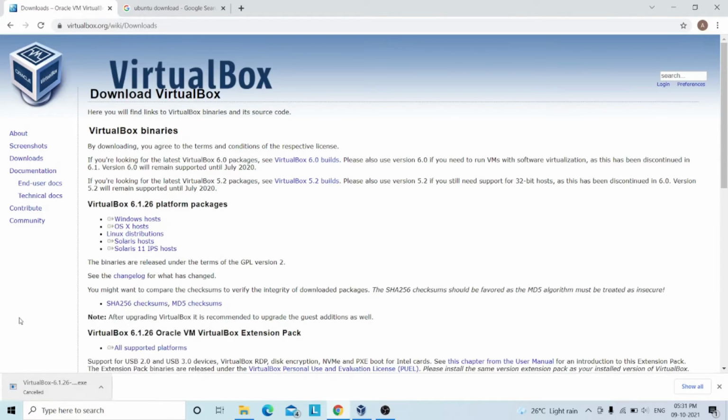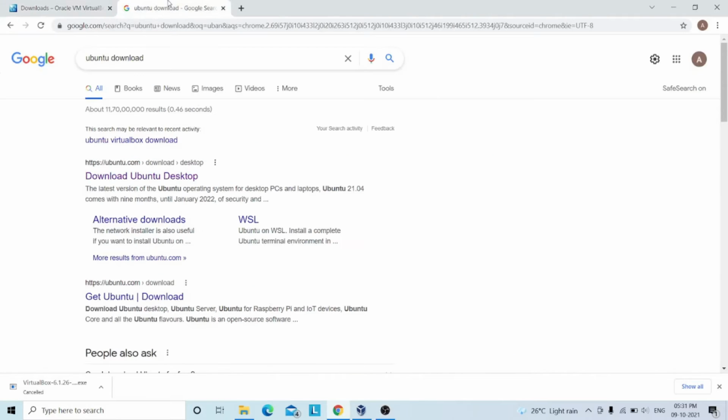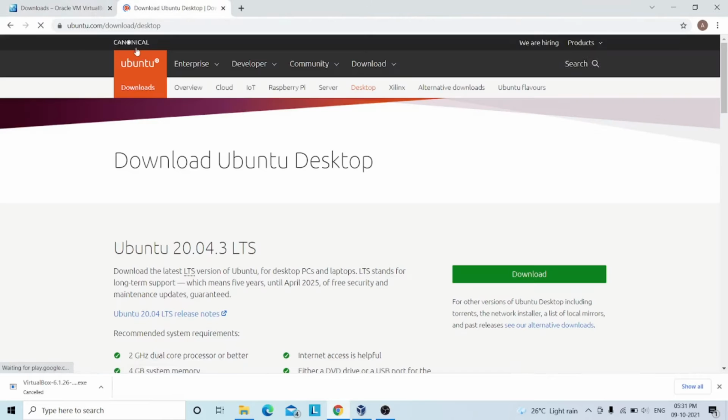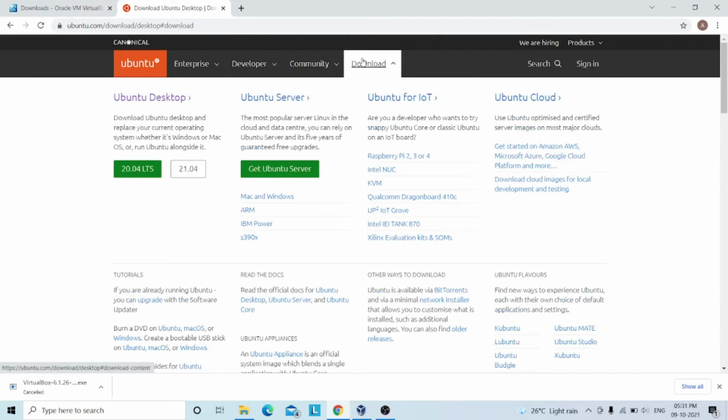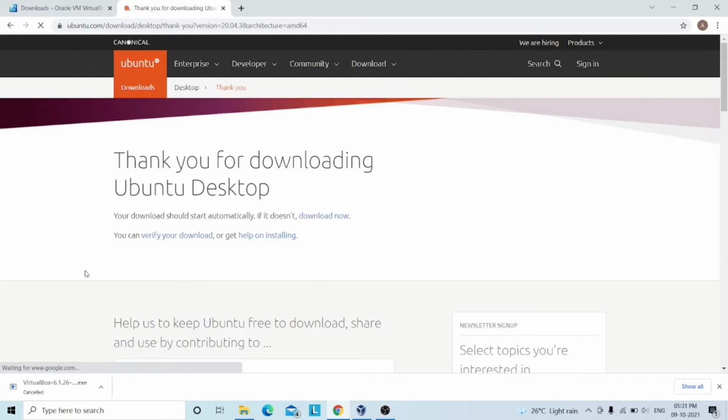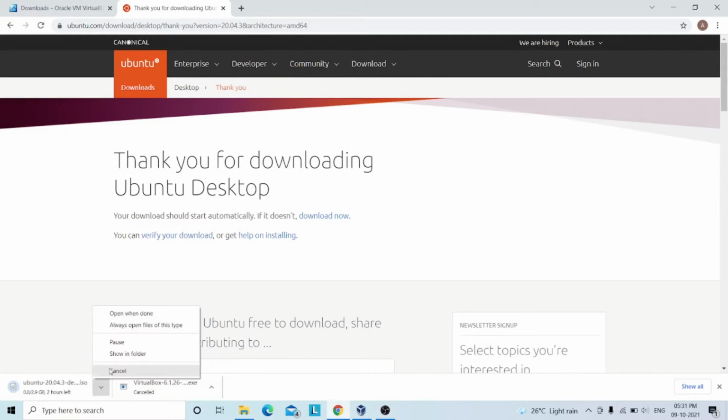Once you download it, install VirtualBox. Then you need to download the Ubuntu ISO file. So search Ubuntu, go to the download section and download the 20.04 LTS version. After downloading this file, our downloading part will be completed. Then open VirtualBox